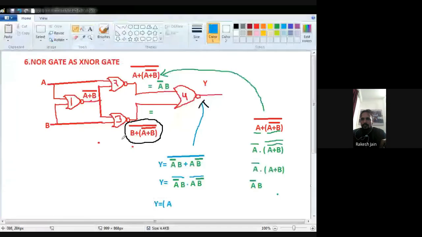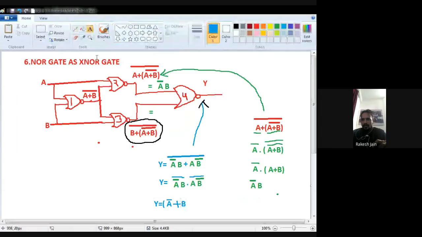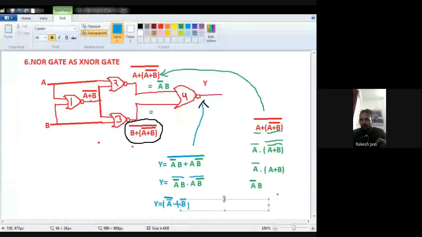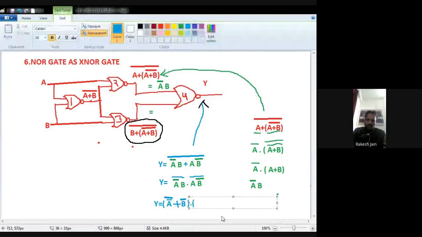Okay, I just move it from this side so you will understand. Now again apply the De Morgan theorem over there, two things in first case and two things in second case. So in the first bracket, first of all the first thing, A bar and B, and it means multiplication is there. So write down separately A bar, and this dot will be converted into a plus, then write down the second thing, that is B. A bar will be barred and this B will be barred.